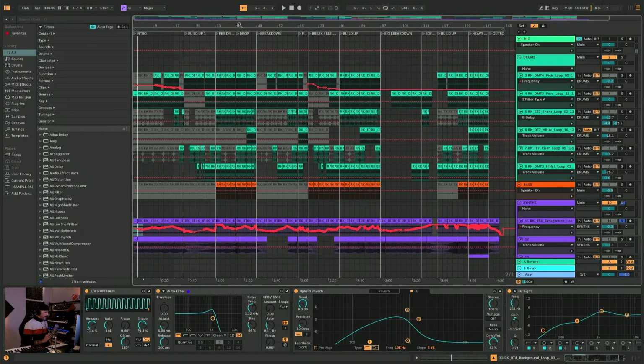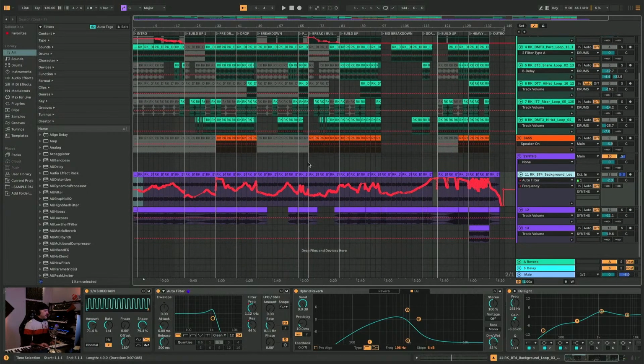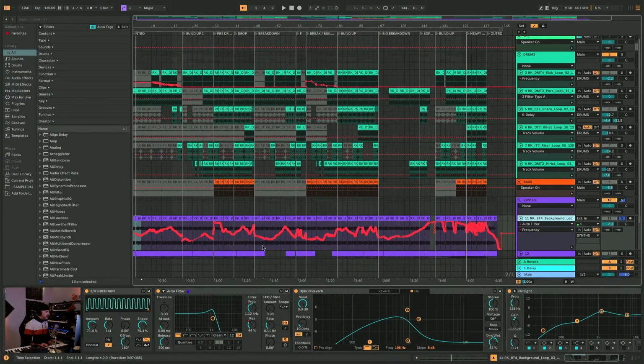Because as you can see here, just on this filter alone, I have navigated a lot. And you can see by the not very perfect shape of this that this was all done manually. This is one of the things that I like to do a lot, which is some of the automation that you can do. You can really just write in your automation, right? You can just bring the pencil tool and do it this way around,